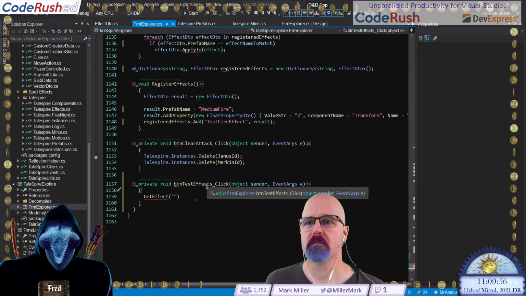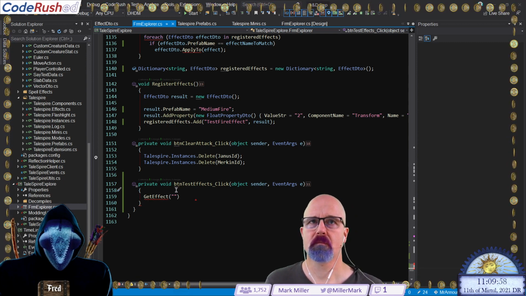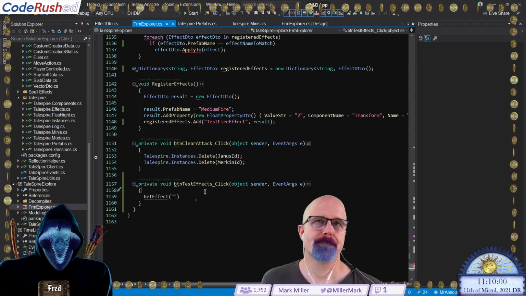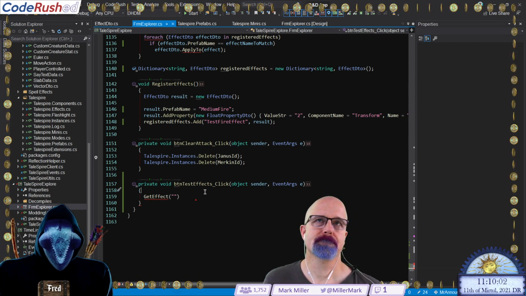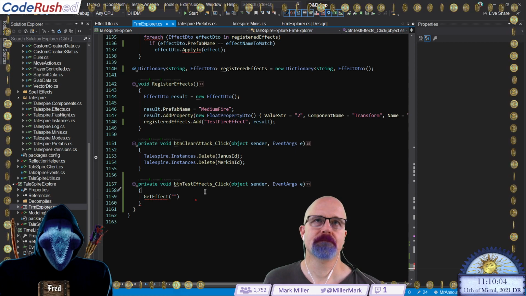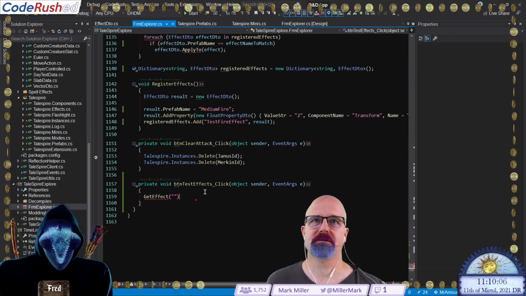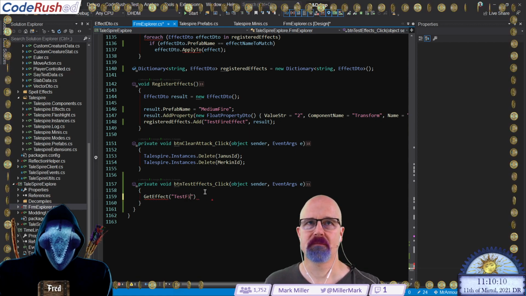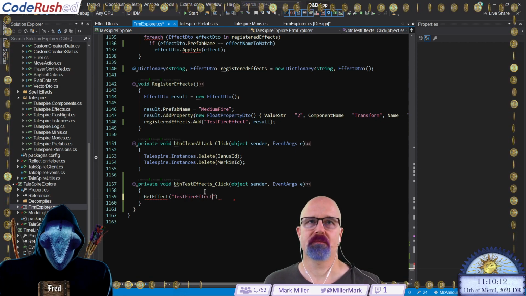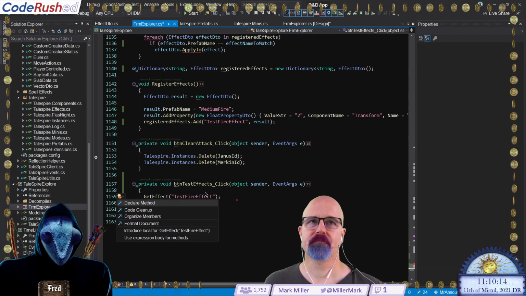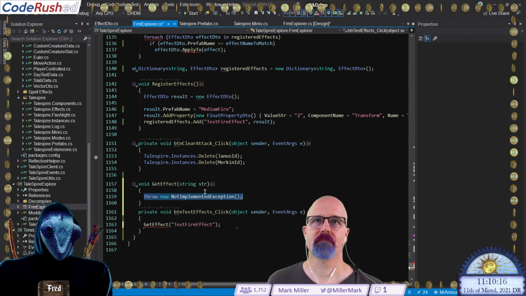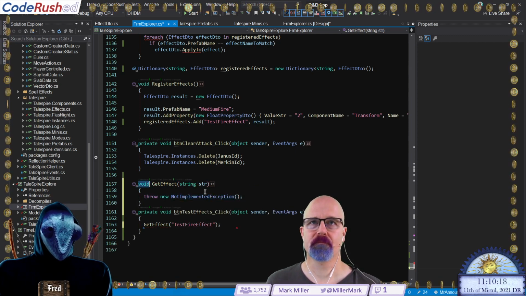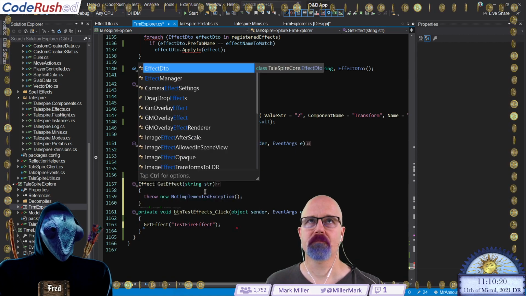So you're making an effect here, which will instantiate or cause a prefab of medium fire, and then you're adding it to a dictionary under the heading of test fire effect. Right. And so what I want to do, a property to it. Go ahead. What'd you say? After having applied a property to it. Yeah. So you could, in theory, have added multiple other medium fire effects under different names with different properties.